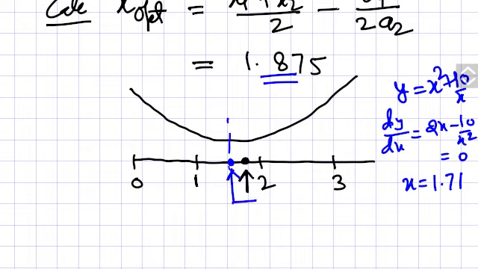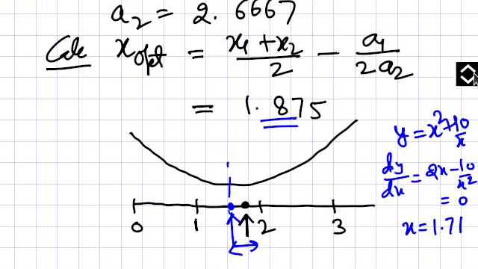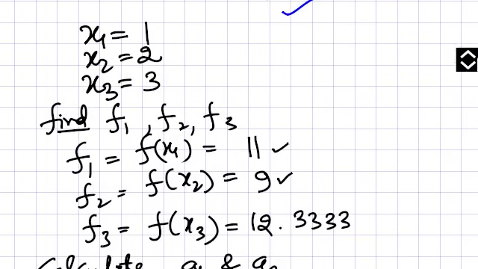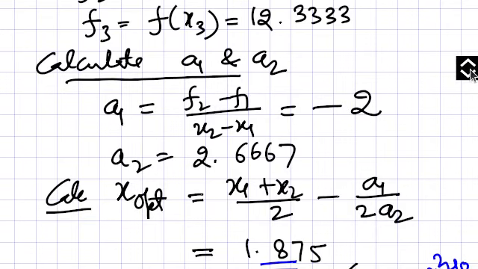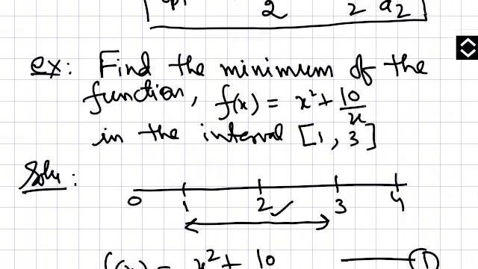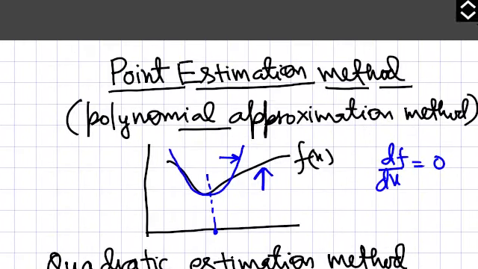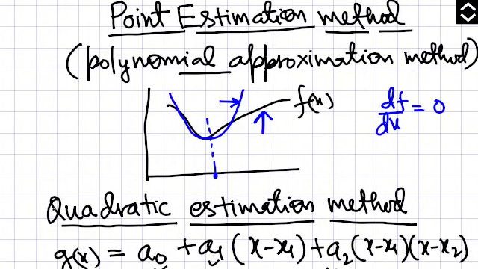So this much error it is giving, but you will see that we can eliminate this error with the help of the successive quadratic method, and in the next class I will explain that method to you. Actually in module 2 the successive quadratic method is in your course, not this method, but that method is based upon this quadratic estimation method. So it is necessary to understand this estimation method.